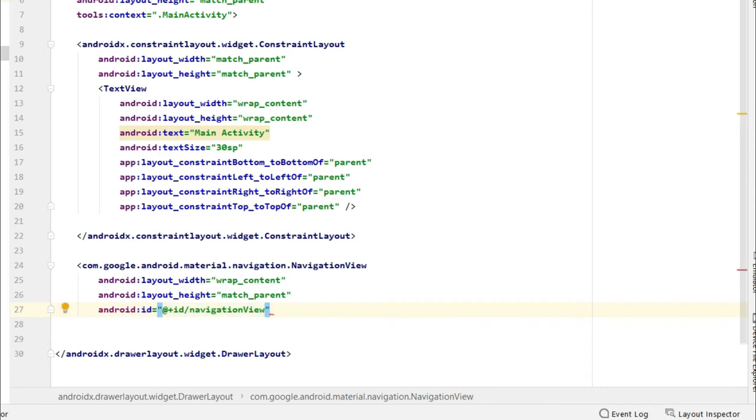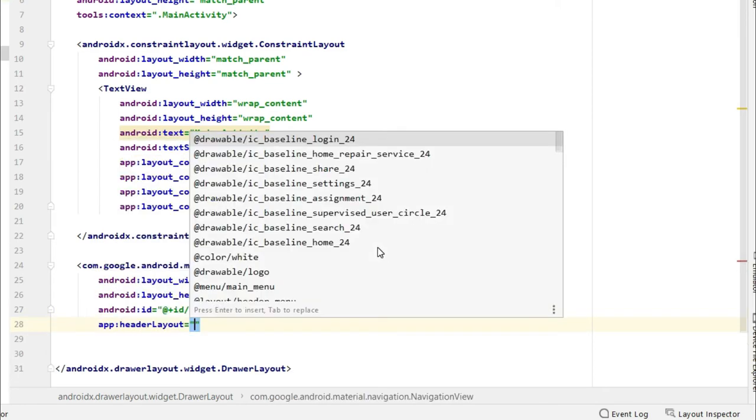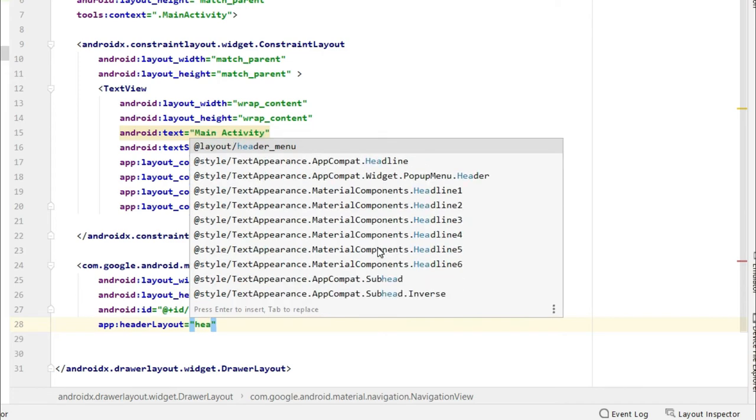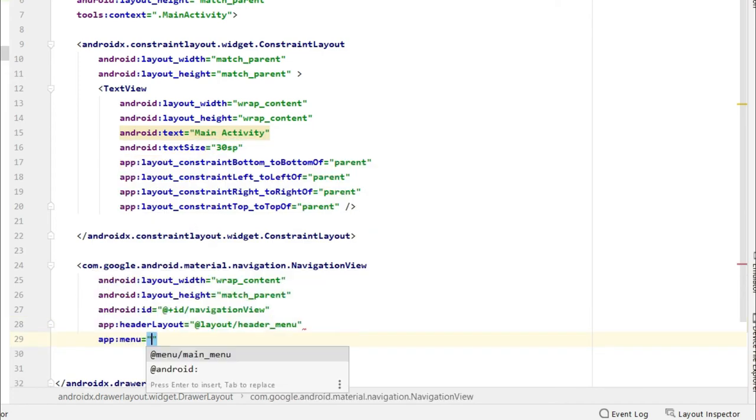So we have given its ID and now it's time to give its header. Header layout will be our header menu file, and in the same way its menu will be our menu XML or menu resource file.